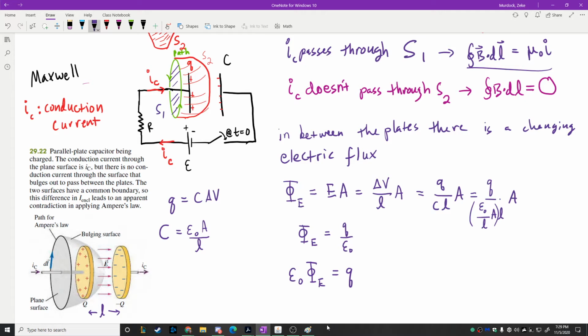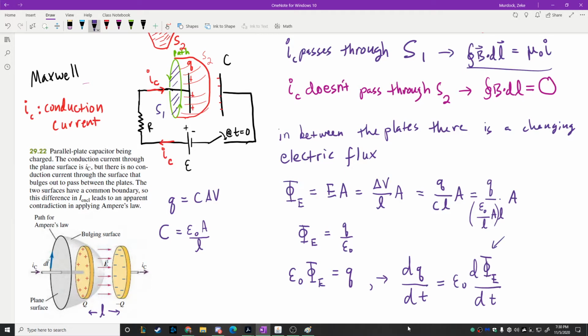Now, we know that the charge on the plate is increasing over time in this problem. So what we can do with this is take the derivative of both sides here, and the time derivative of the charge on the plates turns out to be equal to epsilon naught multiplied by the time derivative of the flux. And now this is really interesting,